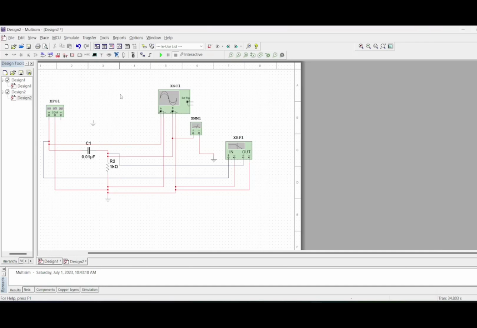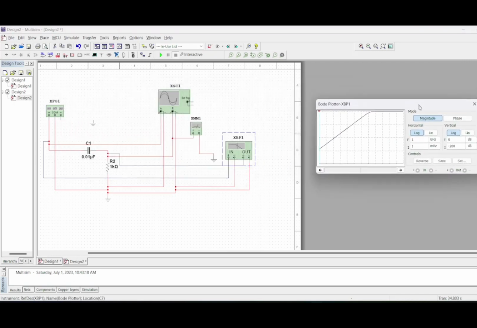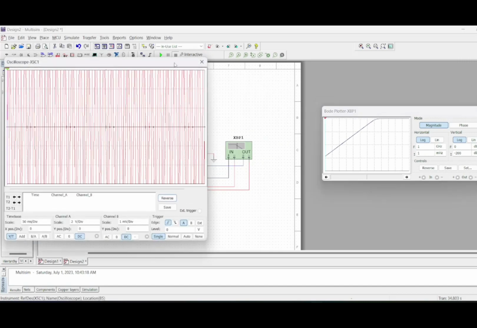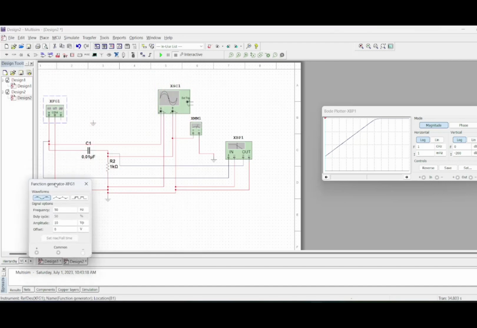Okay, so this is the Multisim drawing for the passive high pass filter. This is a Bode plotter to get the output waveform for the passive filter, this is the oscilloscope graph output, and this is a function generator. So when I run the circuit,